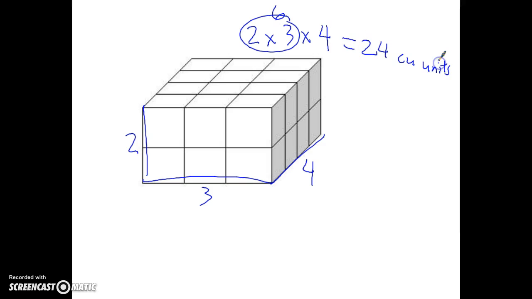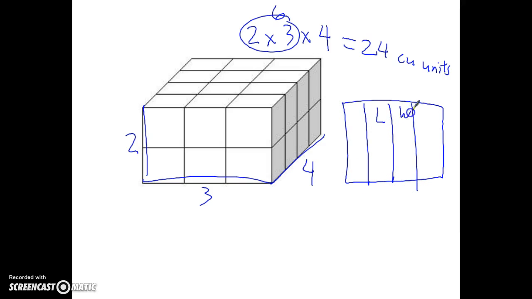Okay. You have a worksheet that's named Virtual Day 1 where you're going to be doing the exact same kind of thing, except you would be filling in a chart. So on the chart for this one, we're just going to call it shape A, and then we're doing length, width, height, and volume. So my height for this one was a 2, my length was a 3, my width was a 4, and I don't care which one you call the length or the width. The height usually makes sense that it is the tallest one there. And then when I multiplied them out, I got 24, so I would have a 24 in there. And that's kind of how your worksheet